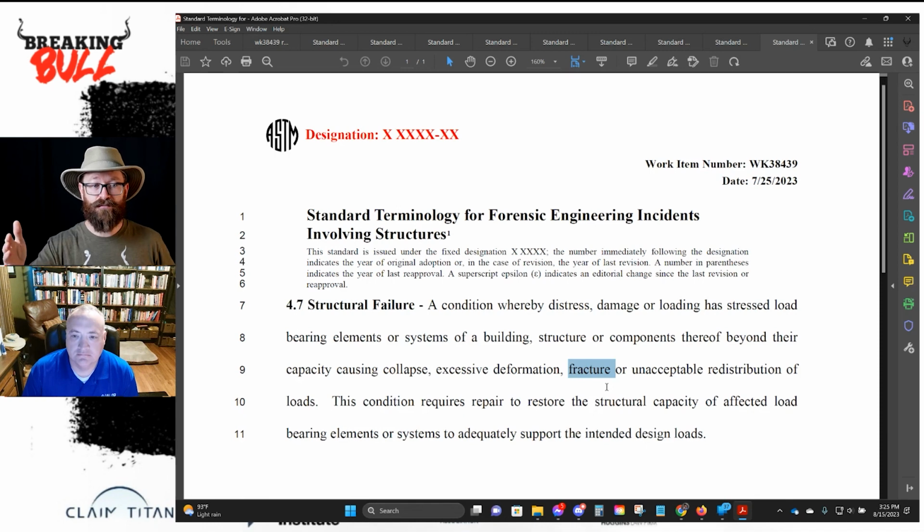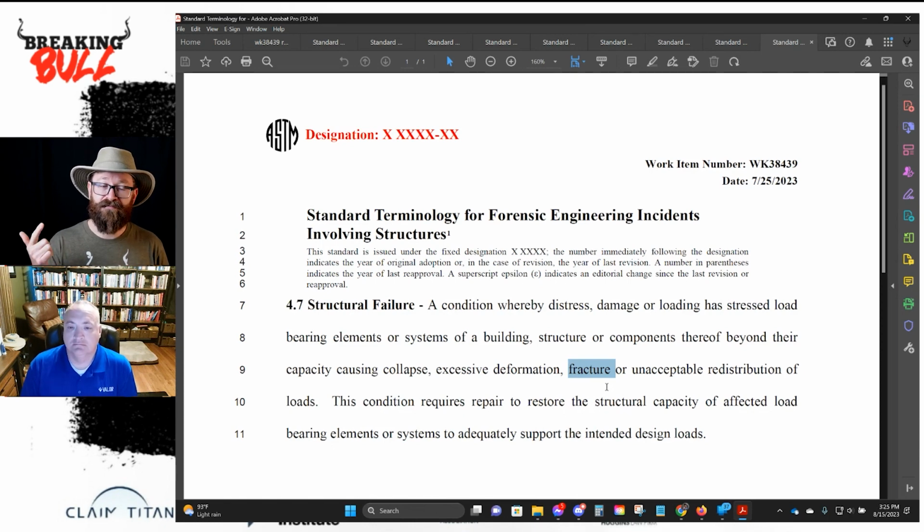As many of you in my audience know, the courts have applied the definition of physical damage to be a demonstrable, detrimental physical alteration to tangible property. That's physical damage, widely accepted by courts across the nation. Unless it's specifically defined otherwise in a policy, that's how it's generally applied. So any physical alteration, if this definition existed, then it wouldn't be a structural failure unless all of these or one of these has occurred and now a repair is required.